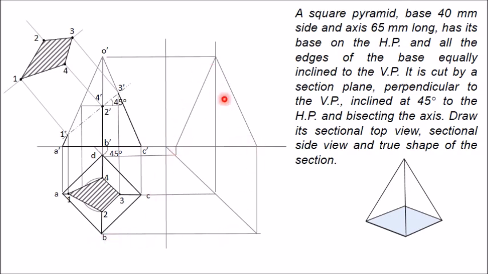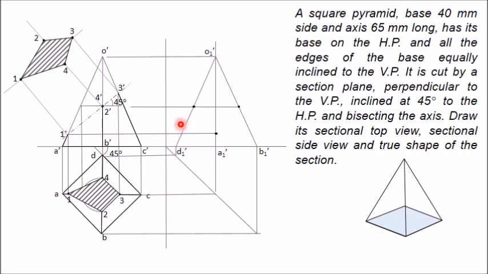Now mark all these points. So I have marked all these points: O1 dash, D1 dash, A1 dash, B1 dash. Now you can bring these section points 1 dash, 2 dash, 3 dash, 4 dash into the side view. For that, draw a horizontal projector from 1 dash. This 1 dash is on O dash, A dash. So here is O1 dash, A1 dash. So bring this 1 dash here to O1 dash, A1 dash, drawing a horizontal projector. This point is your point 1.